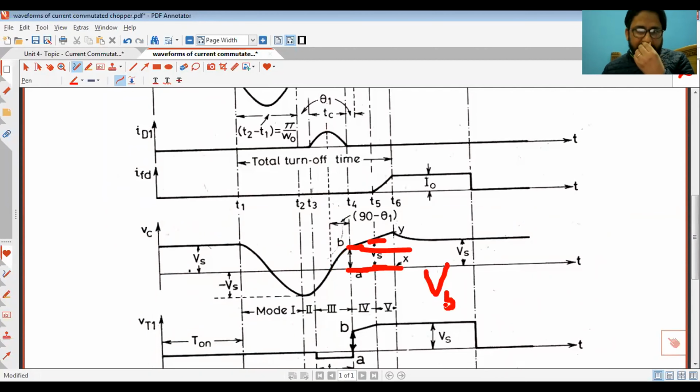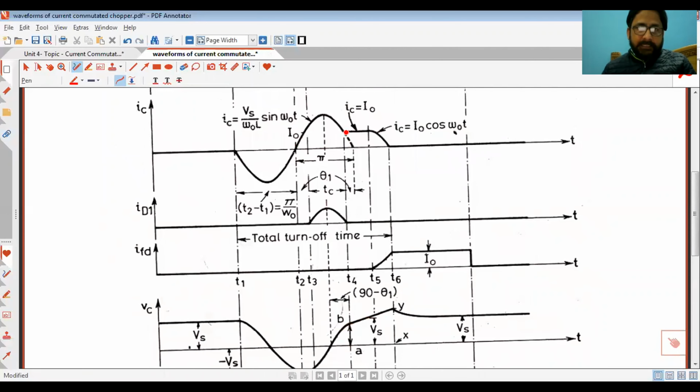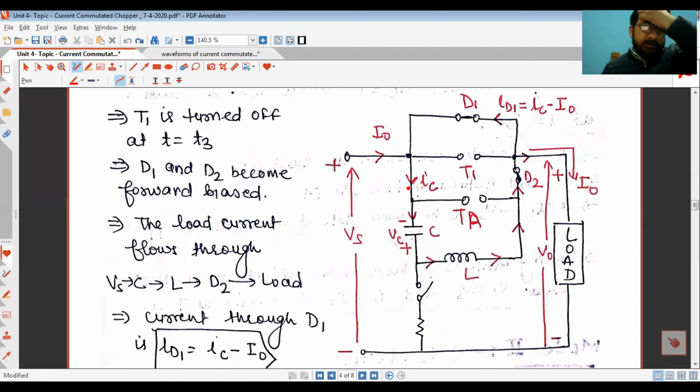right? And at this point of time, the capacitor current becomes equal to I0, not zero. वो zero तब बनेगा जब कहीं अगर वो somehow suppress हो जाए. लेकिन at point T4, the capacitor current has become equal to I0. Let us see this mode. So D1, D2 both are forward biased, load current flows through. Now load current will flow through Vs, Vc,